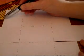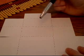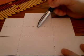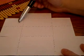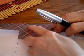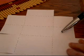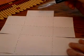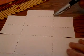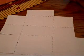This area here is for one of the sides of the box. And I wanted the side to be 1 1/2 inch high, so this measures 1 1/2 inch. I repeated the same thing here, the same dimensions, because this is going to fold this way over that here. So these two sections had to be the same dimension. And then this little flap is going to end up resting on the bottom of the box. And so I made it just short enough to fit nicely here, and also because I wanted to avoid going right to the end of my paper,